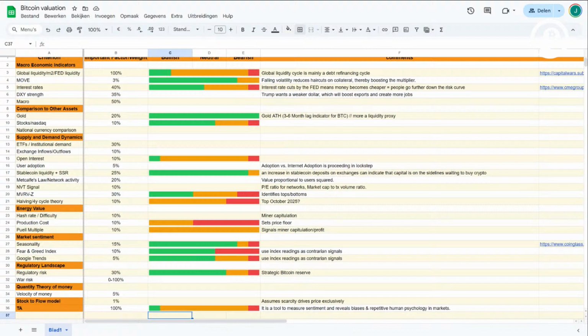Why don't you use stablecoin dominance rather than total stablecoins? Well, a guy in my Discord asked the same question. I'm not really a fan of stablecoin dominance. To me, it doesn't really show anything, especially now, because a lot of people just use USDT dominance, which worked in the past when there was only USDT. But now there are so many stablecoins that it just doesn't do anything, in my opinion. To me, it's more important to look at the liquidity, how much liquidity is entering the system.